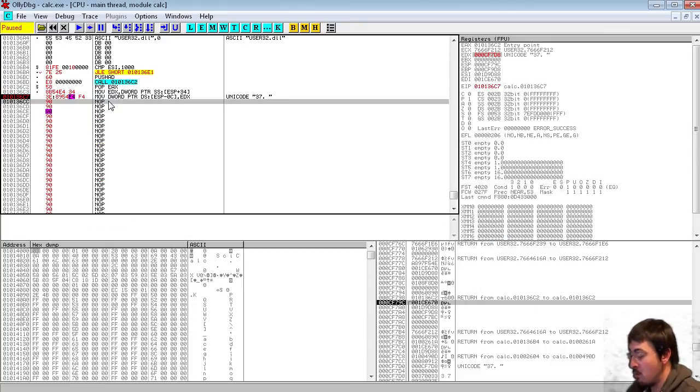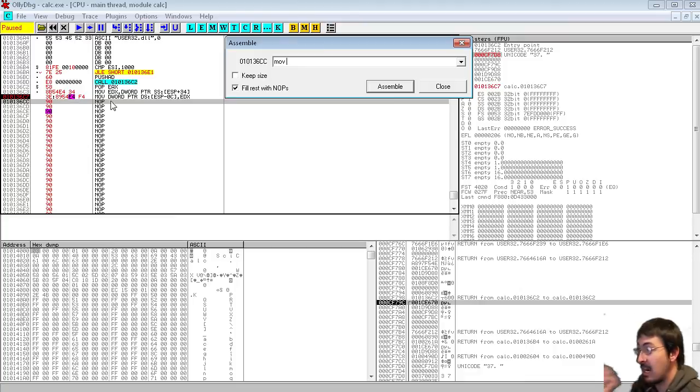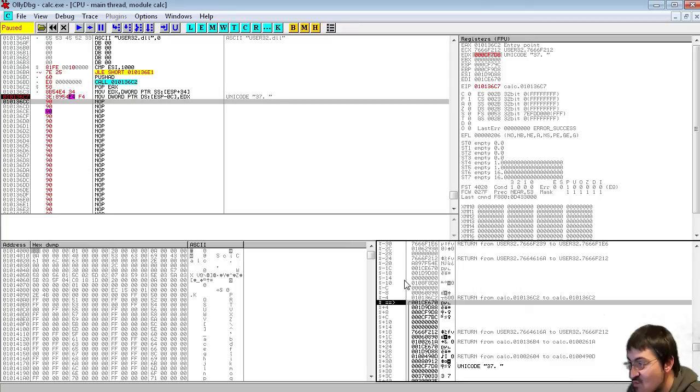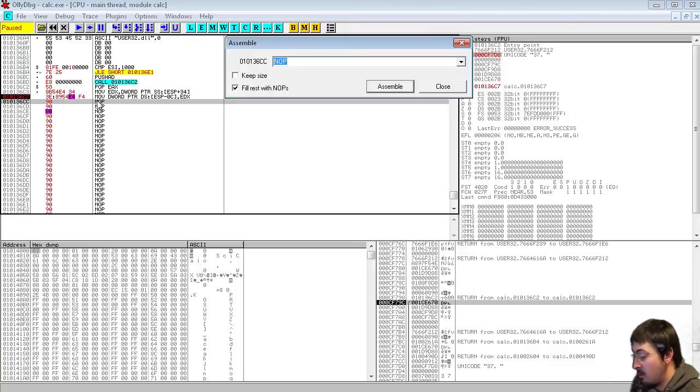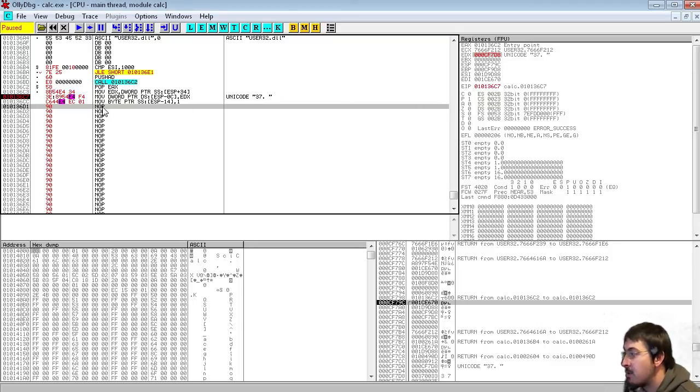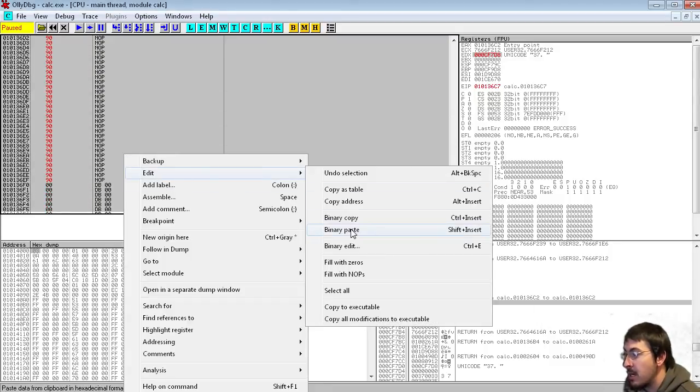We want to go move, which this actually won't work either. So we use ESP minus 14 for that one. Move byte ESP minus 14, 1. Now we'll go edit, binary paste,